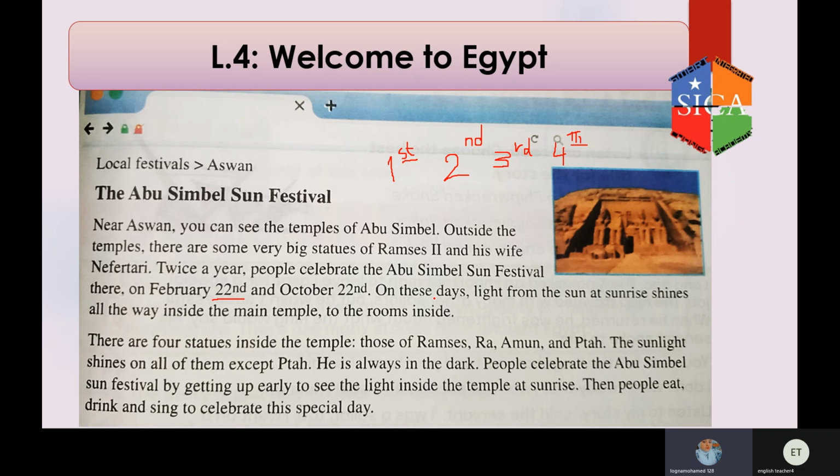On these days, light from the sun at sunrise shines all the way inside the main temple to the rooms inside. There are four statues inside the temple, those of Ramses, Ra, Amun,